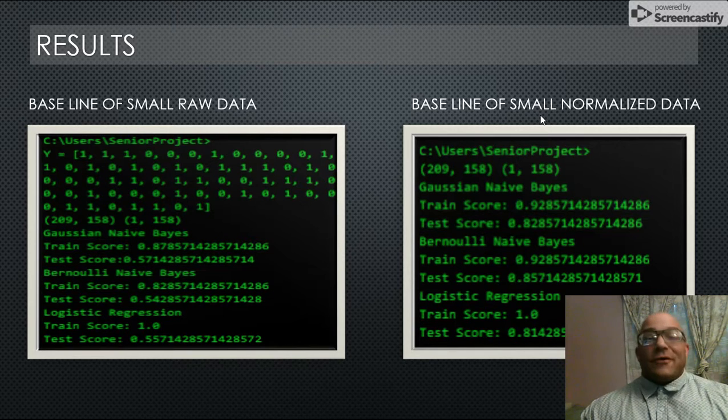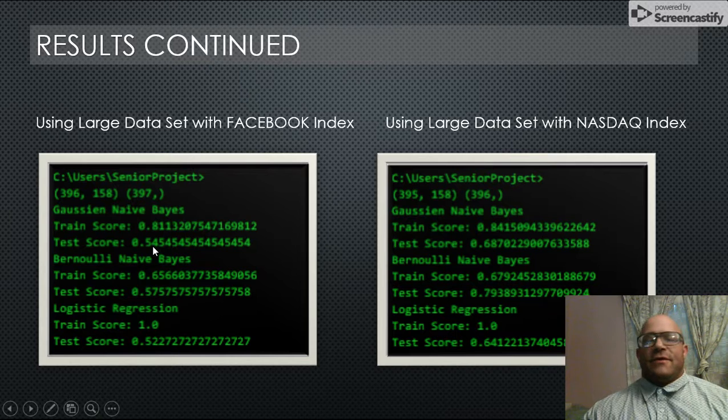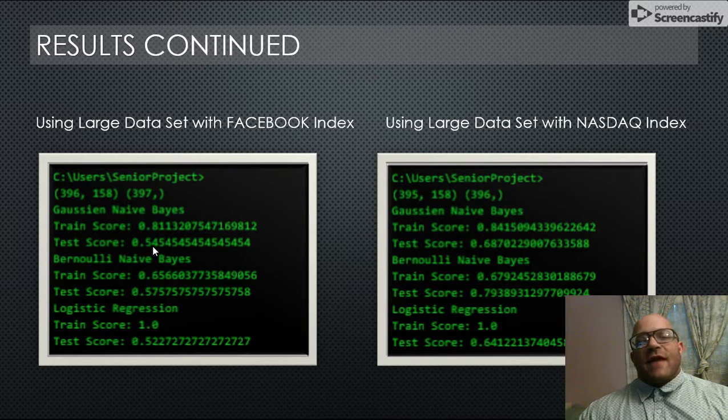I thought that was great. I was like, okay, we're on the right track. I don't think it can get much better than this. Then utilizing the full data set, I all of a sudden got stumped because I only achieved 54%, which then I was like, okay, you know what, there must be something wrong with the data. I found that the main problem was I was attempting to